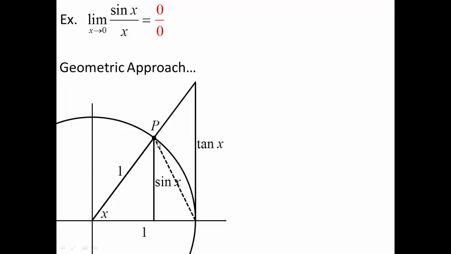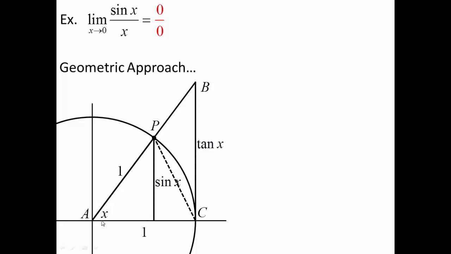I'm going to connect a segment from point P down to this point down here for no obvious reason, but all will soon become clear. And one last thing, let's go ahead and label our corners point A, point B, point C for convenience. Now, what we've established here are 3 distinct regions.